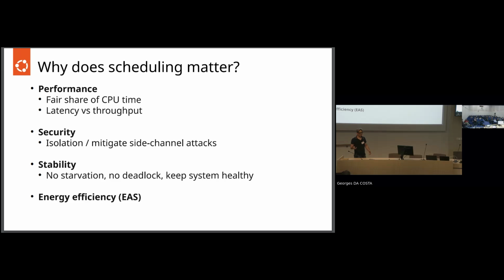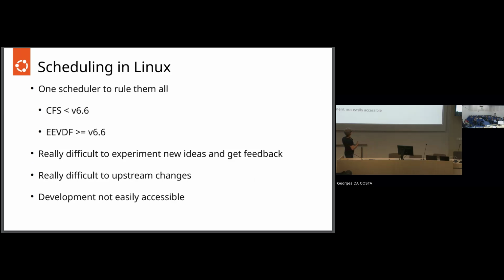But it's not only that. We can provide security capabilities through scheduling, for example, by isolating tasks to run on different separated cores to prevent hyper-threading based attacks. The scheduler can also help in terms of energy efficiency. We talked about that earlier. And of course, stability: we don't want to have starvation issues like that, keeping the system healthy, basically. So there's a lot of stuff here, and things can get complicated very quickly.